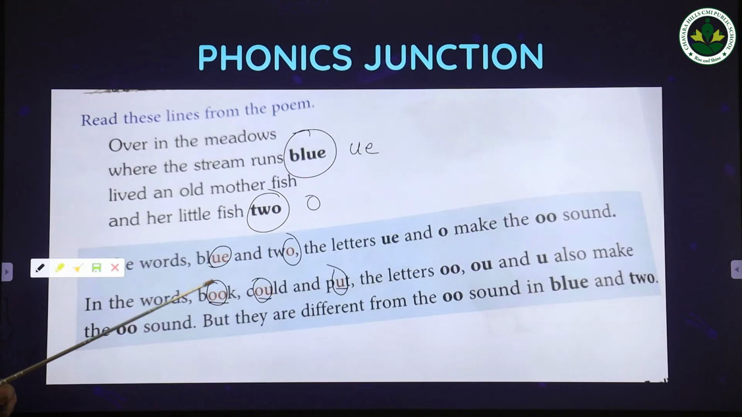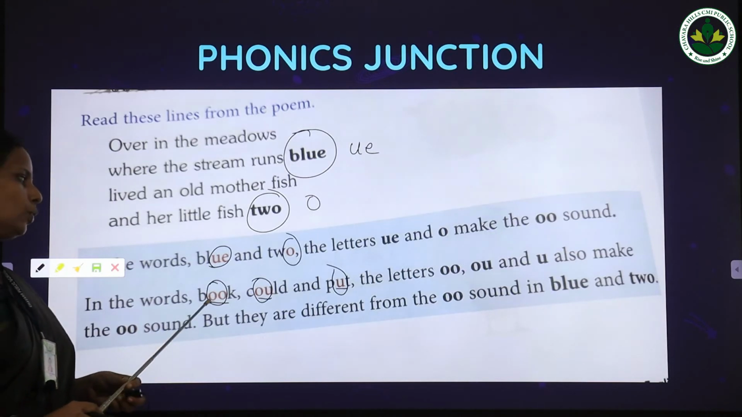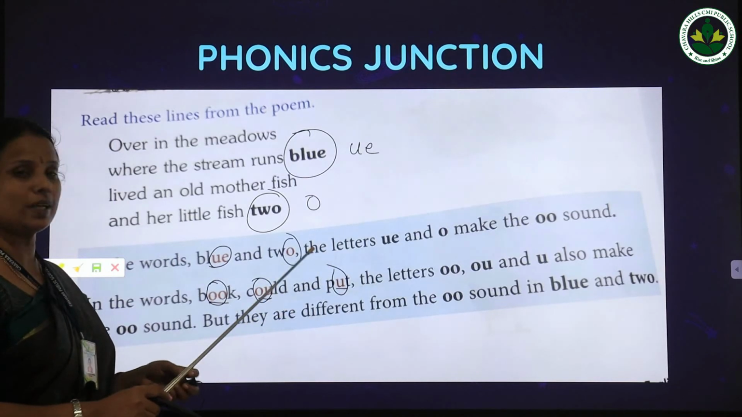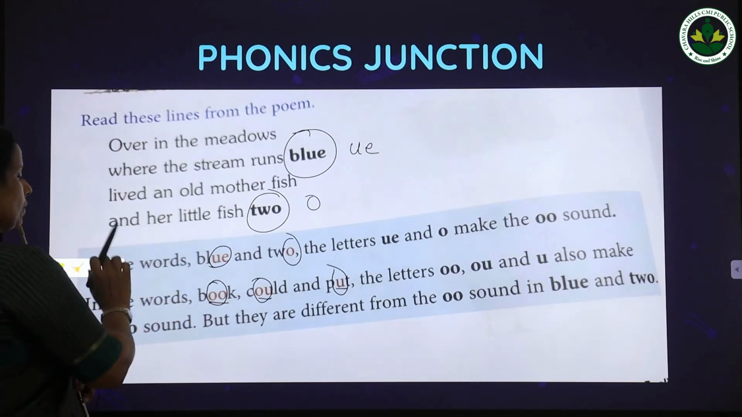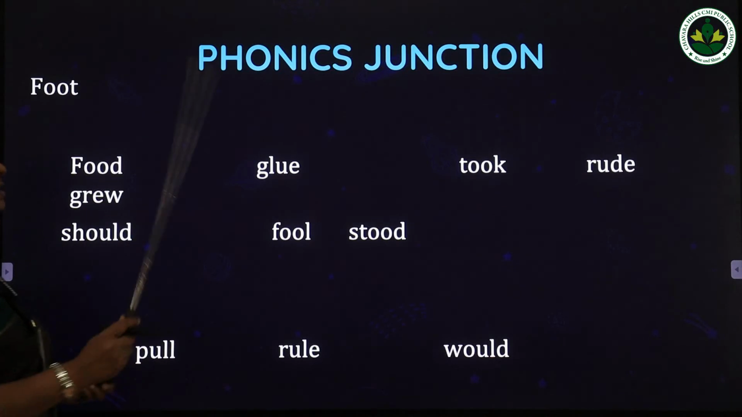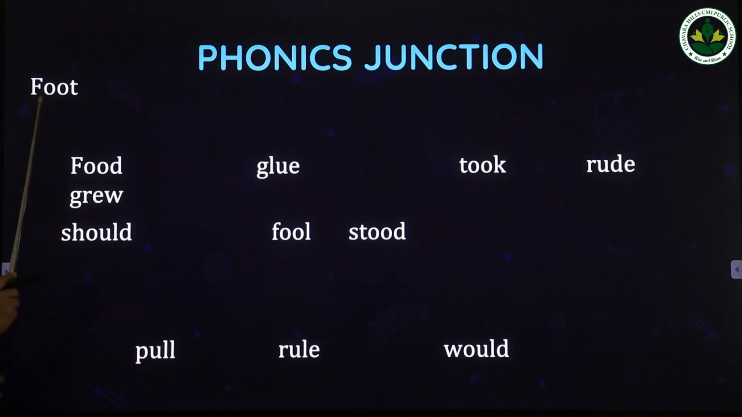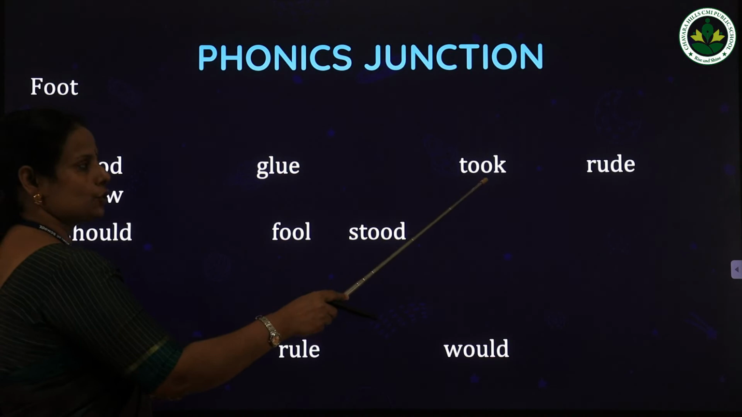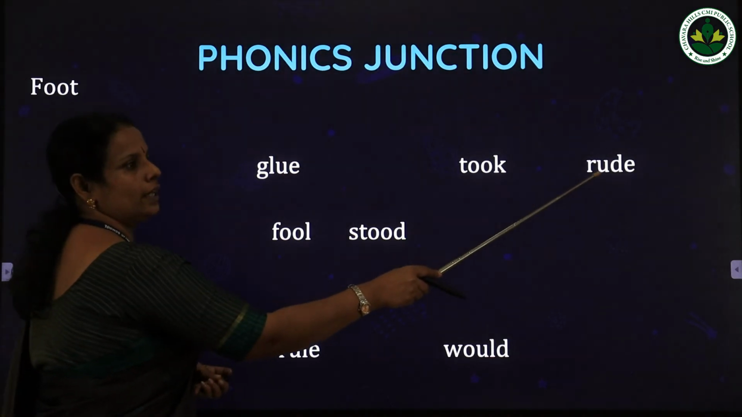See, blue and two have long oo sounds, and in these examples, book, could, put, the sound of oo is short. That you have to remember. Then there are some examples: food, glue, took, rude,